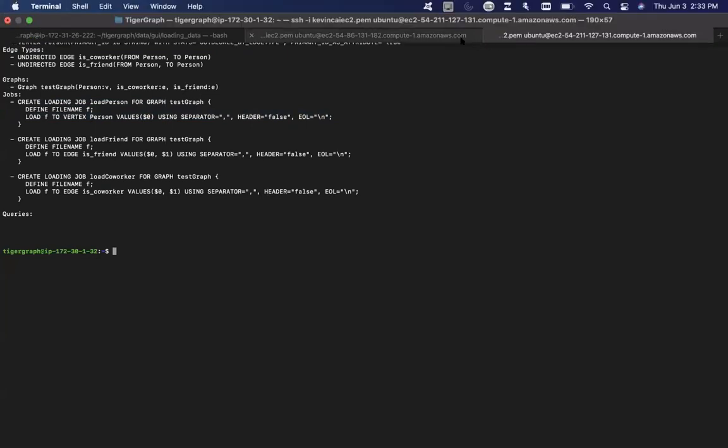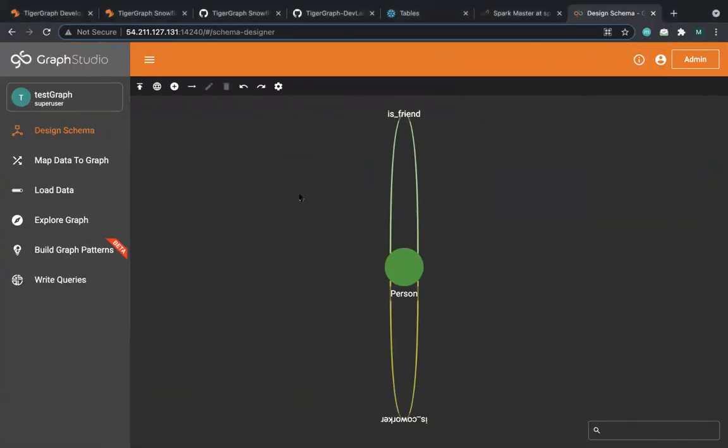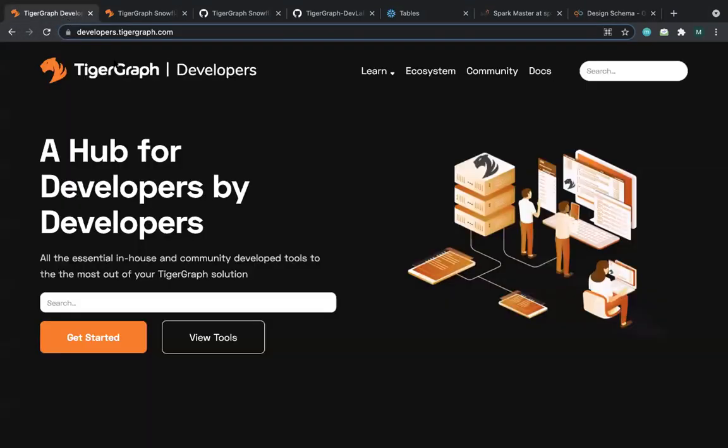And this is my Spark shell. Also, we have this Graph Studio. So now we have our setup of what prerequisites we require, what kind of schema we have created, what kind of tables we had. Now let's go to TigerGraph to see what kind of connector is built and where to find the resources of that connector. So we go to